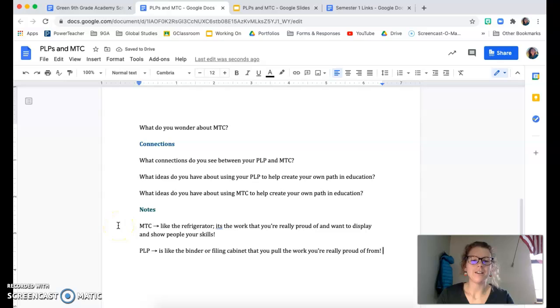So they are very similar and they connect and they help, but MTC is like the refrigerator, like so proud, this is it, like I want colleges to see this, or I want my employers to see this. And then PLP is like the binder or the filing cabinet or the folder or the place where the stuff comes from. So this is down at the bottom now. That will hopefully help with that. And then working through this document,